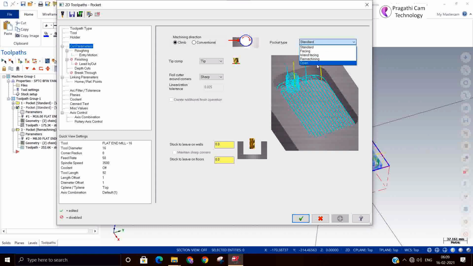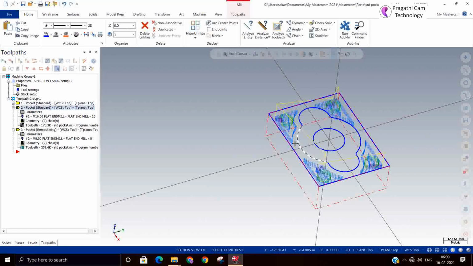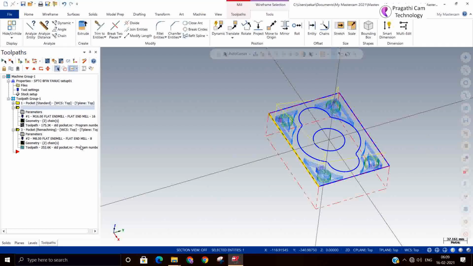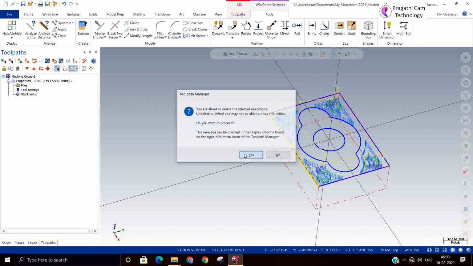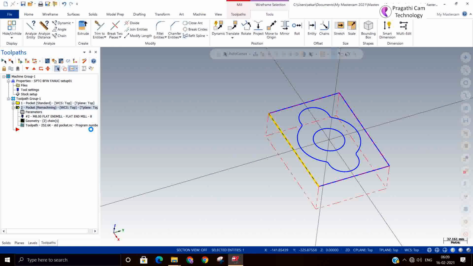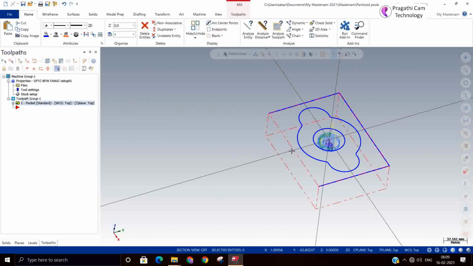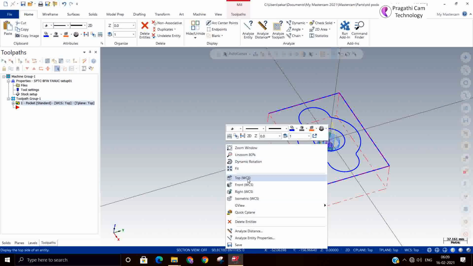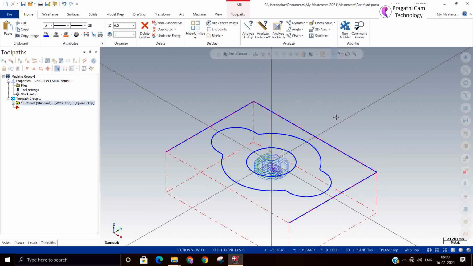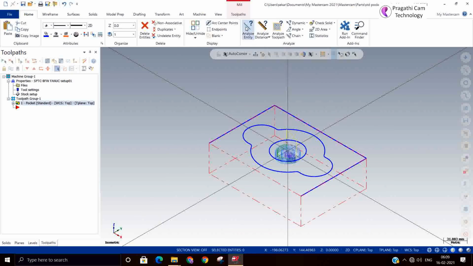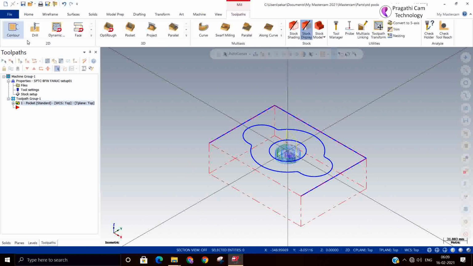Next is the open pocket and island facing. Now I'll delete this tool path and delete this one chain. Now I consider this as an open pocket. So now I'll go to tool path, pocket.